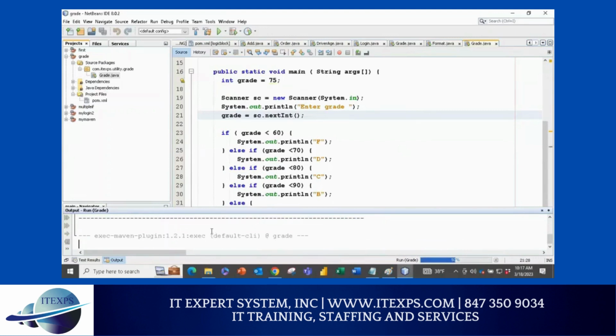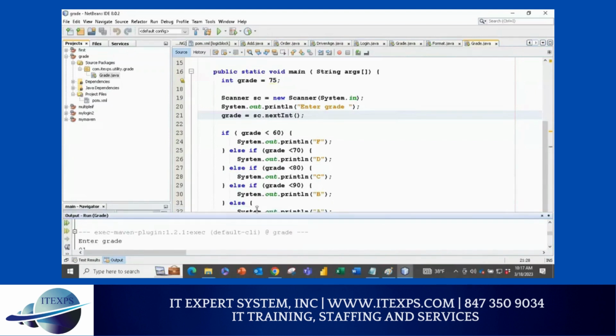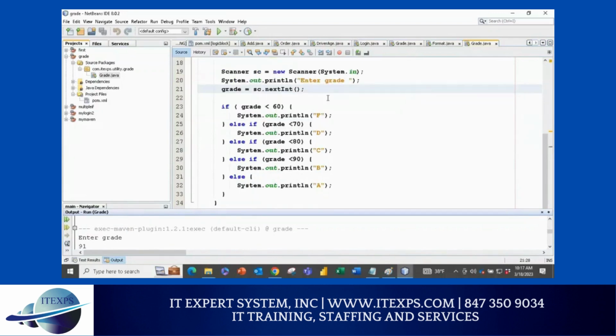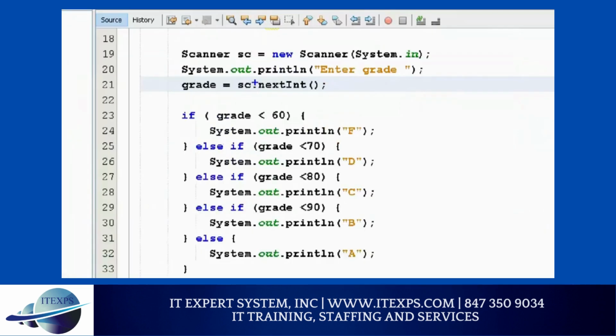So I just have a question regarding this scan. Yep, go ahead. Do we have to create a new scanner for every entry we are making? Not every. You only do it one time, just one time. I had a problem while writing the username and password, and I had to create three scanners for them.